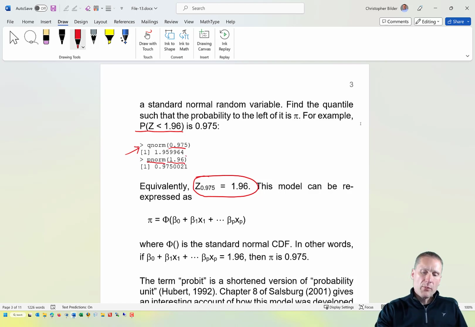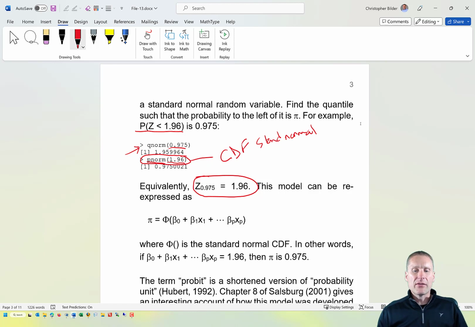And so what this P norm function is doing is using what's called a cumulative distribution function for a standard normal. If you're not familiar with CDFs, that's okay. I'll explain it more a little bit later on. For now, you can think of this as just a way to find a probability associated with a standard normal distribution. And what we're doing is simply saying, what's the probability that Z is less than some number? Essentially, that's what a